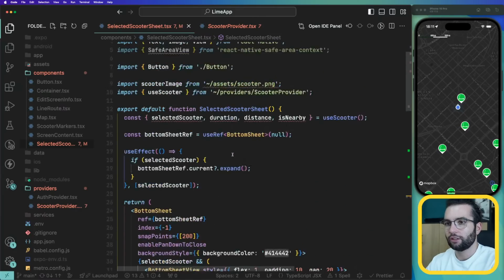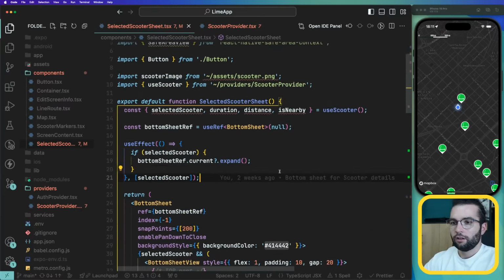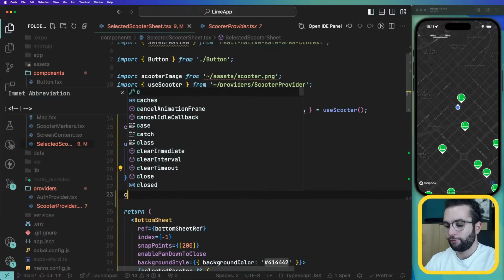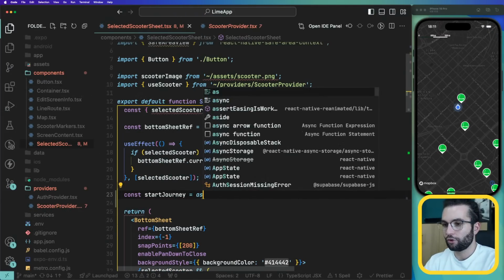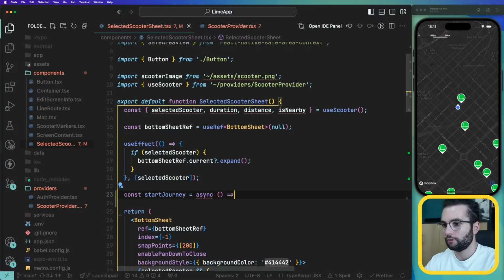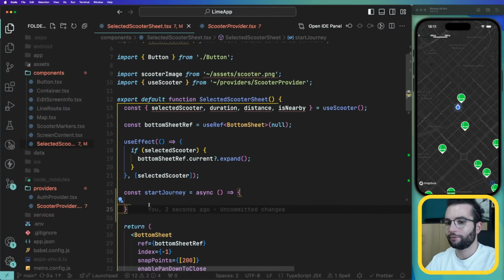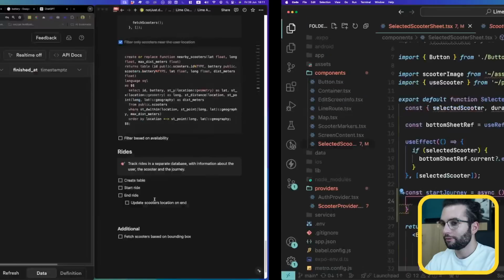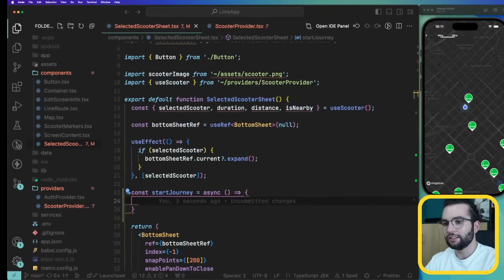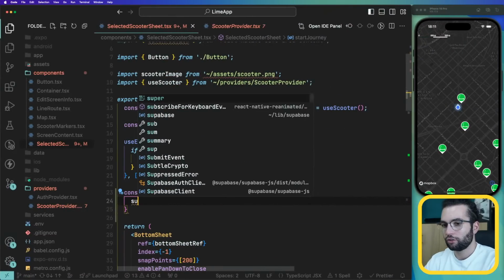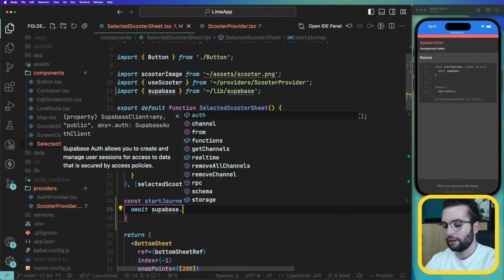Start journey, let's scroll up and create the function. const start journey is going to be an async function, and here we actually need to start the journey. Starting a journey means creating a new ride. So let's go ahead and do await Supabase dot